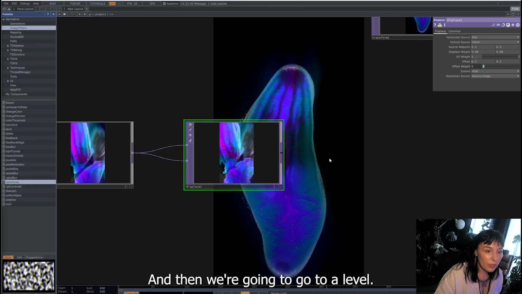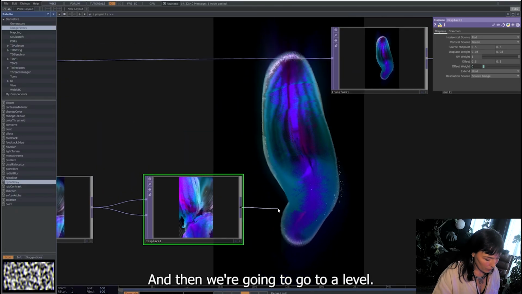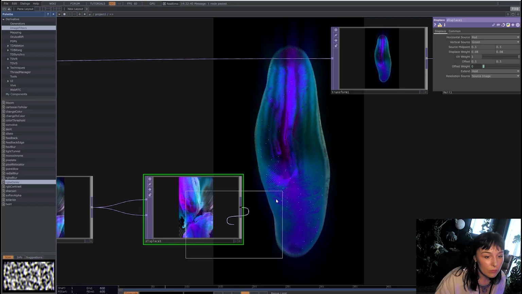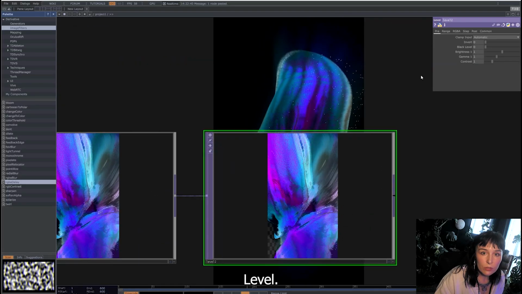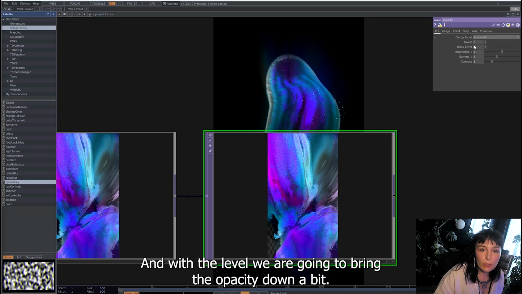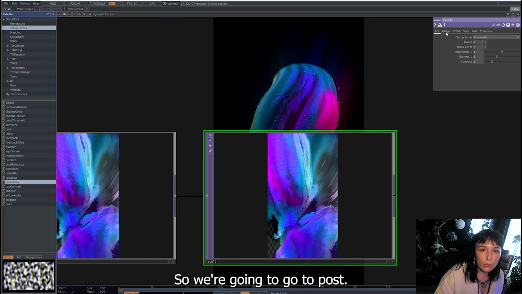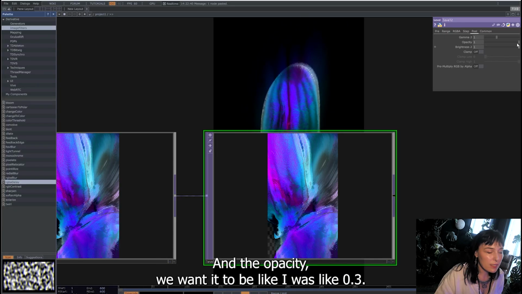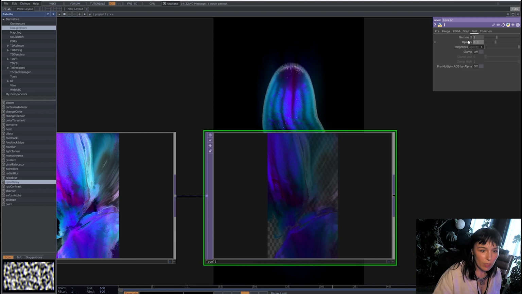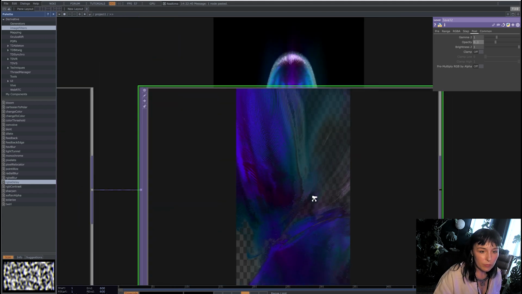And then we're going to go to a level. With the level we are going to bring the opacity down a bit, so we're going to go to post, and the opacity I'm going to go with like 0.3. Okay,